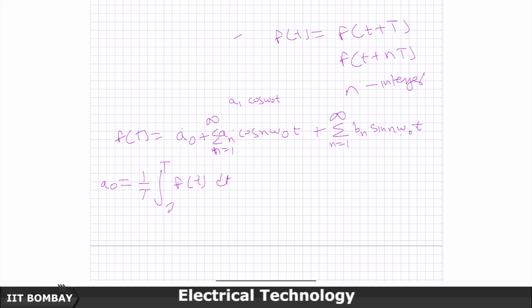Similarly, from here I will get B1 sin of omega naught t, and then additional terms like A2 cos of 2 omega naught t plus A3 cos of 3 omega naught t and so on, and plus B2 sin of 2 omega naught t plus B3 sin of 3 omega naught t and so forth. So, the first term here is called DC,